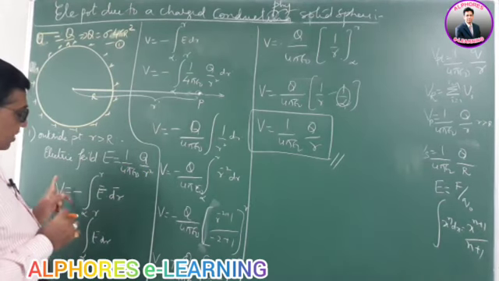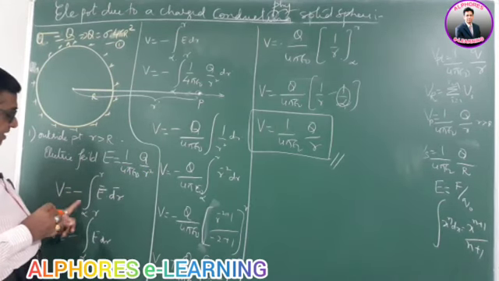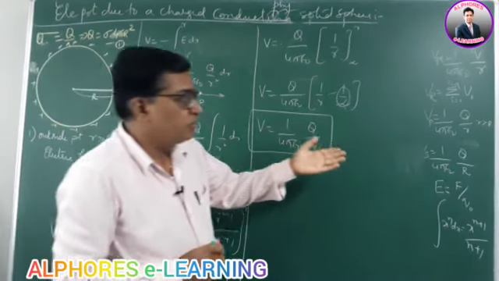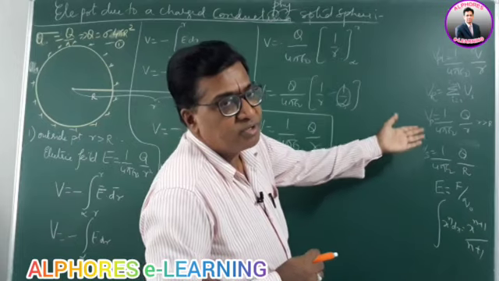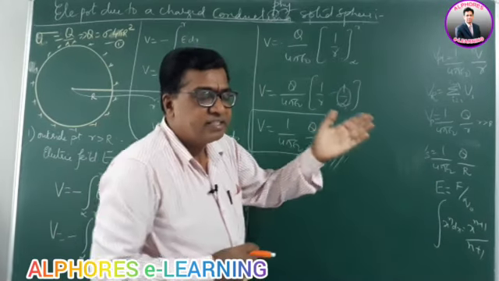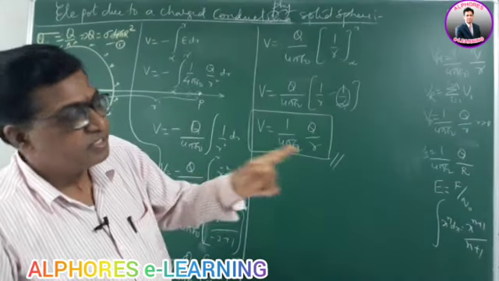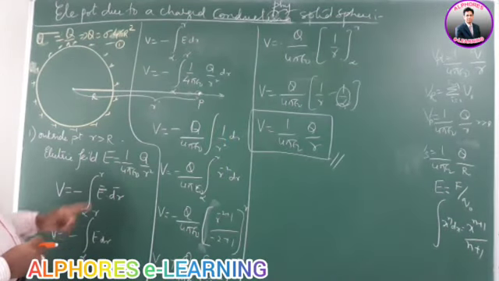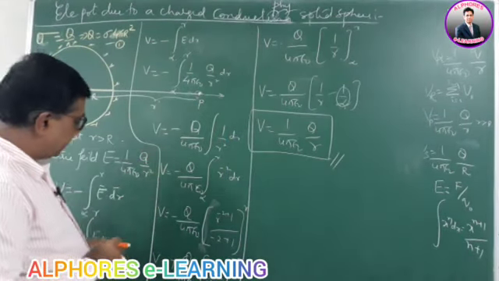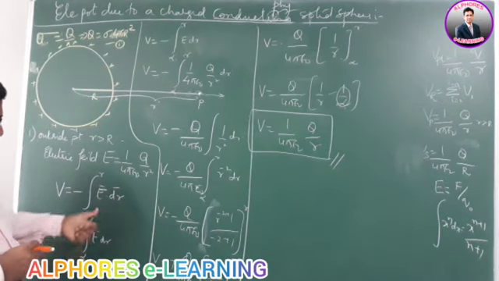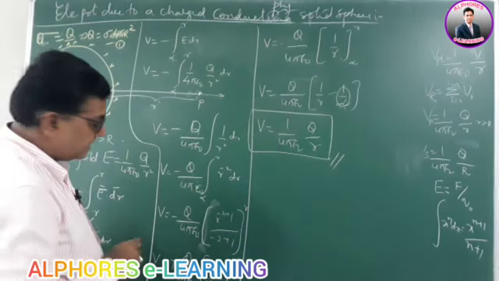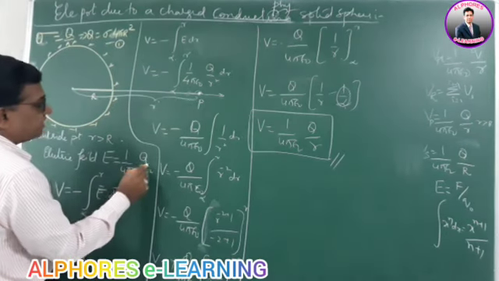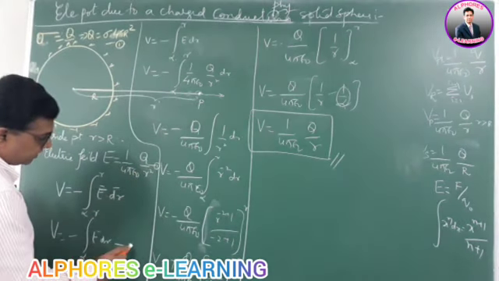Now, electric potential V I can write as minus integral from infinity to R of E dot dr. I have proved how it is. Potential V is equal to work done per unit charge. Work is F dot ds, but F by Q is equal to E, so it is E dot dr, from infinity to R. For small displacement dr, the field and displacement are in the same direction, so E dot dr I can write as E dr. So E is the electric field, equation 1.